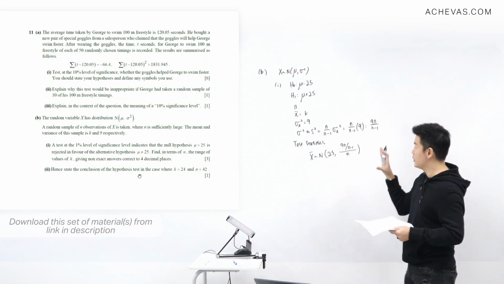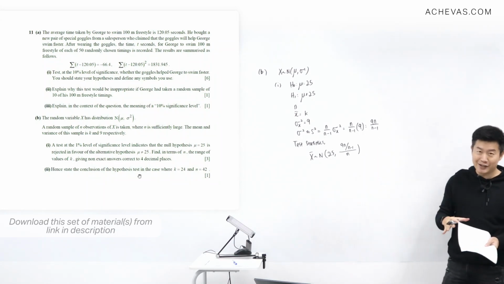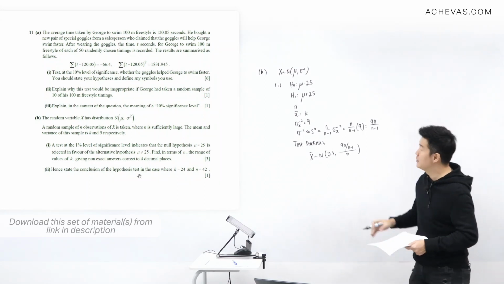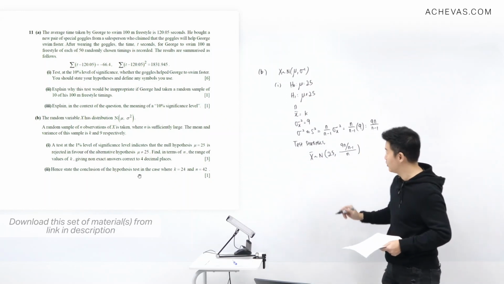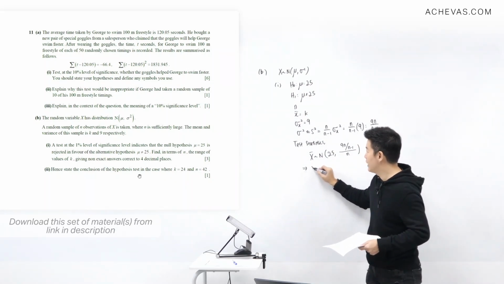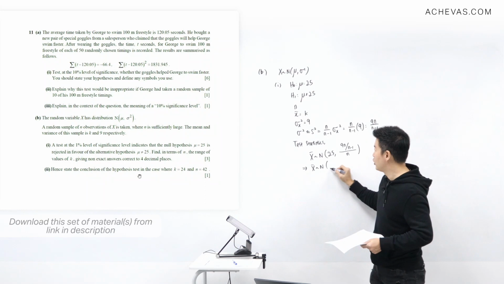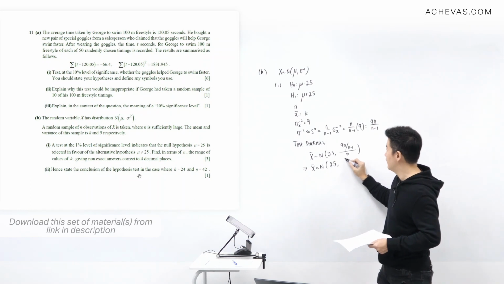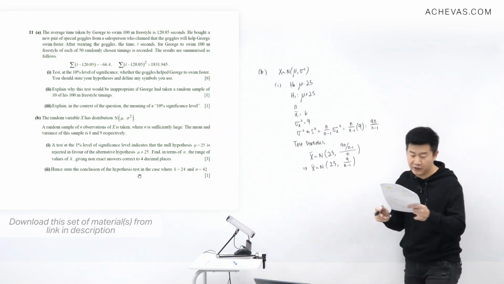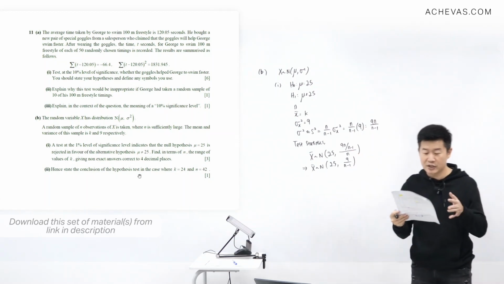Okay, please take note, we don't write the "by CLT" here because we don't need to apply the central limit theorem since X is already given to me as a normal distribution. So X bar here will follow a normal distribution of 25 and 9 over n minus 1. Okay, just a quick simplification of this. And according to what the question says,